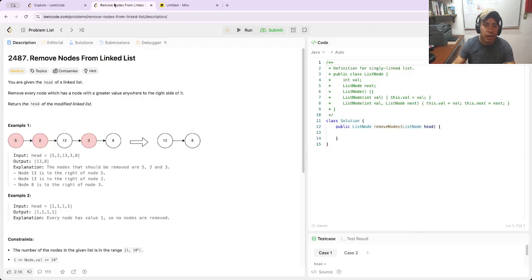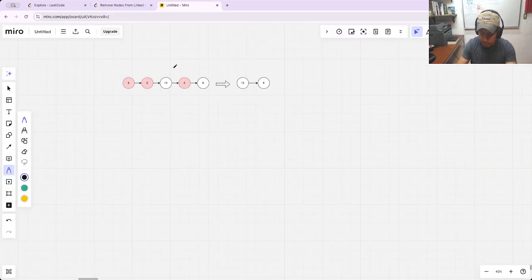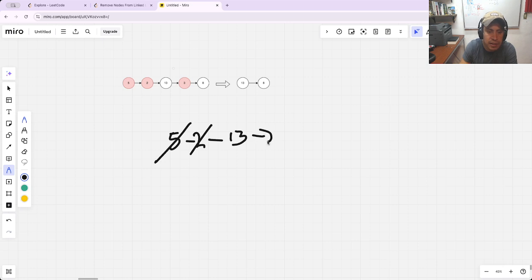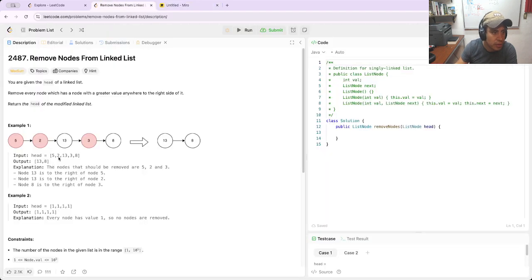And we have a linked list. The first time we have 5. Next to it is the 2. Until this moment it's okay. Next to it is this. Basically remove this and only keep this. Next to, remove every node which has not